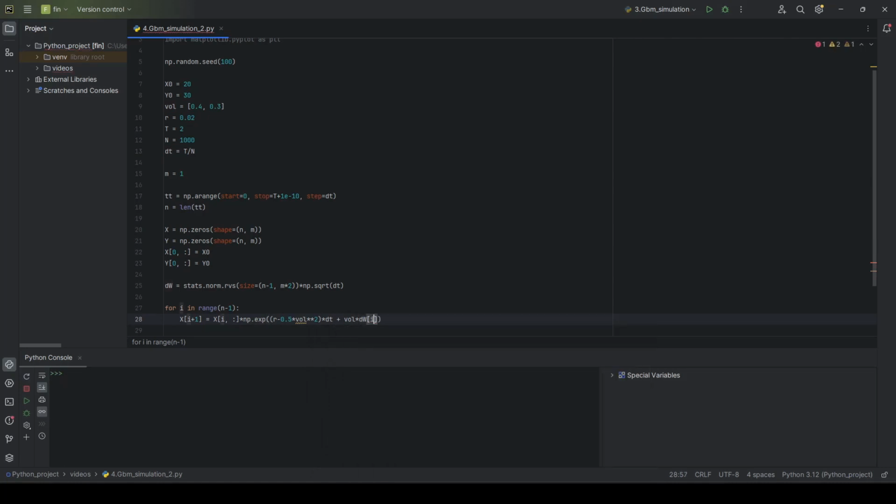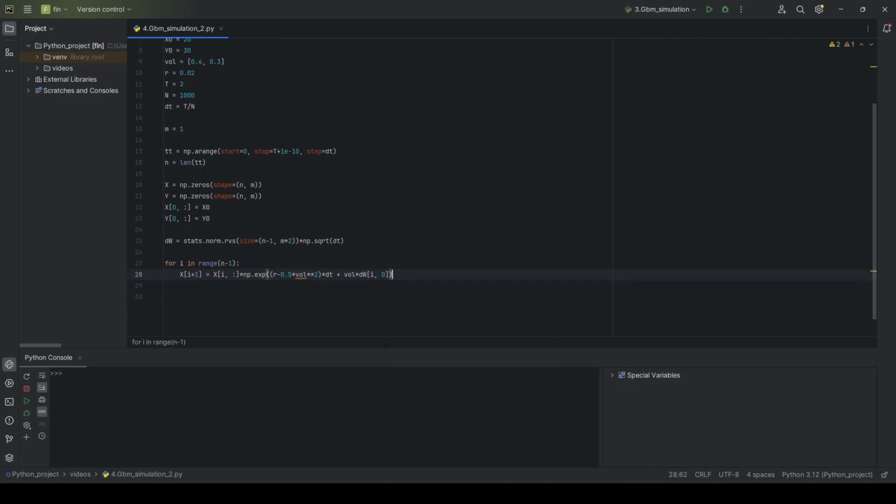And we want to take the first column, so we put a 0 in here. And also we put a 0 in the volatility to capture only the first value of volatility associated with